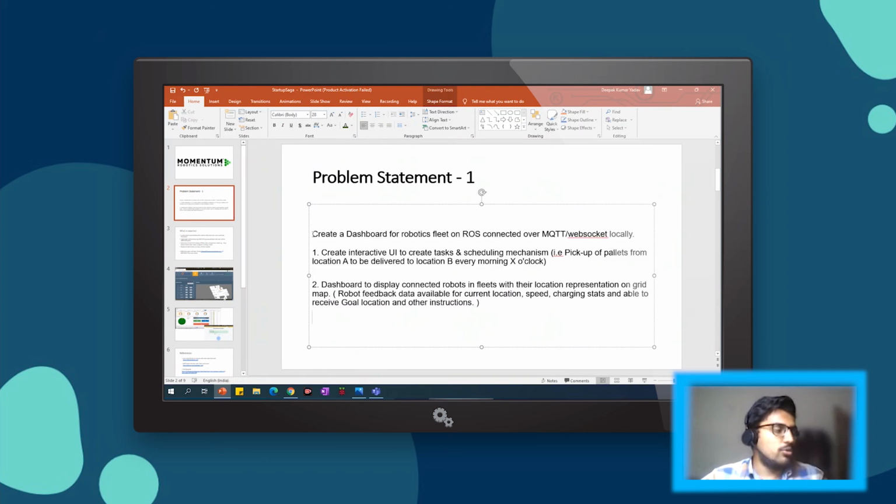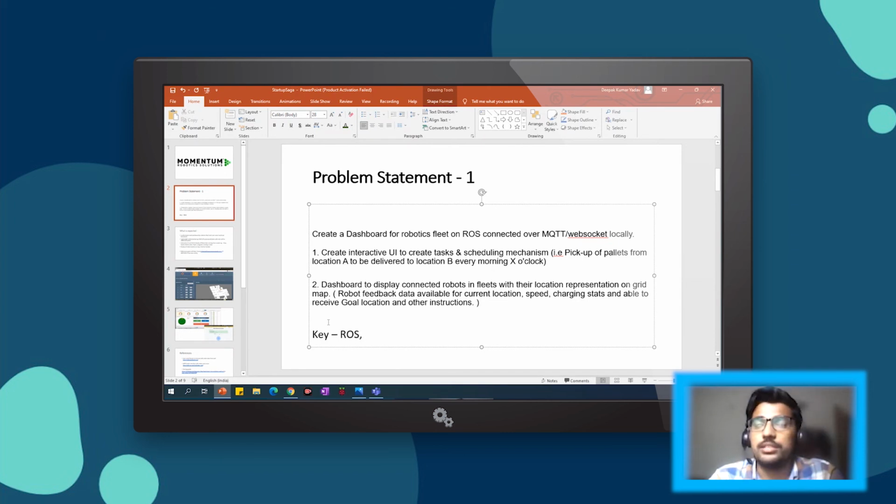Yeah. And one more point, you can implement in your problem statement the key technologies needed to work with our solution. One will be ROS.